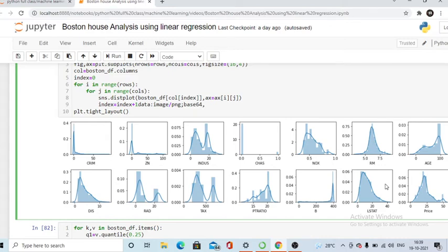Now let me tell you, when we have a data set which contains a large number of features, we basically select only those features which are very important to give good training to our model. In the modeling part, suppose we have a data set, and we divide it into two parts: one is the training part, and the other is the testing part. In the training part, we select only those features which give good training to my data. And in future, if I add some values, it will give me a good result, right?